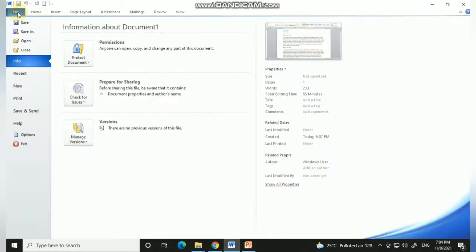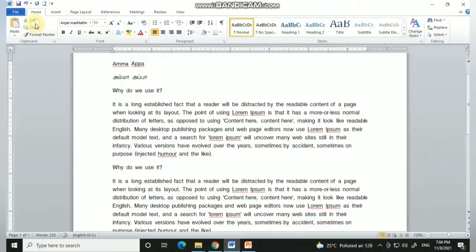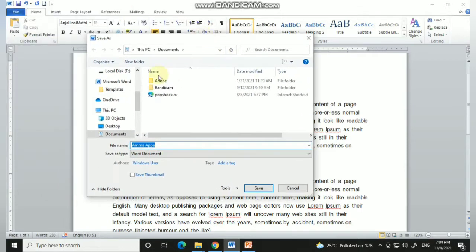I am going inside the file menu and I should give save or save as. Once I give save or save as, this is called your save as dialog box. In this save as dialog box we should see where it is getting saved. Here it is getting saved inside my computer, my documents.